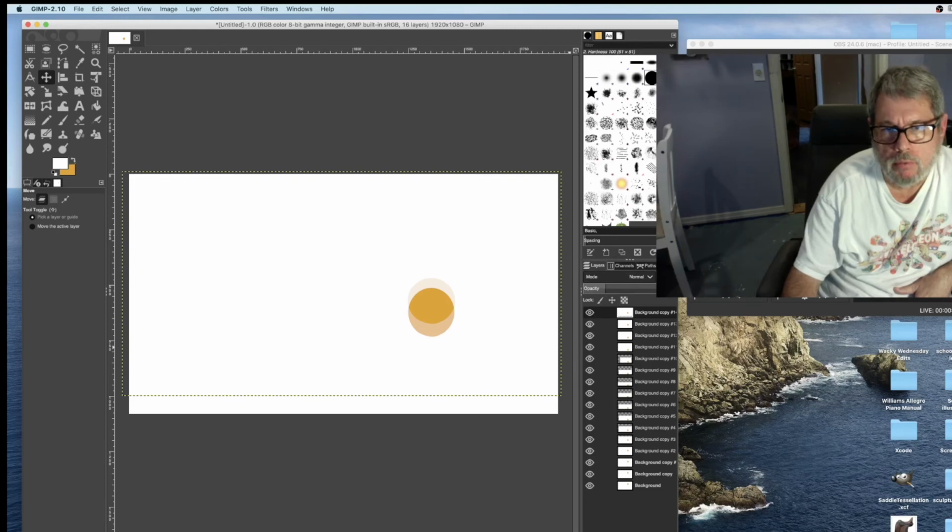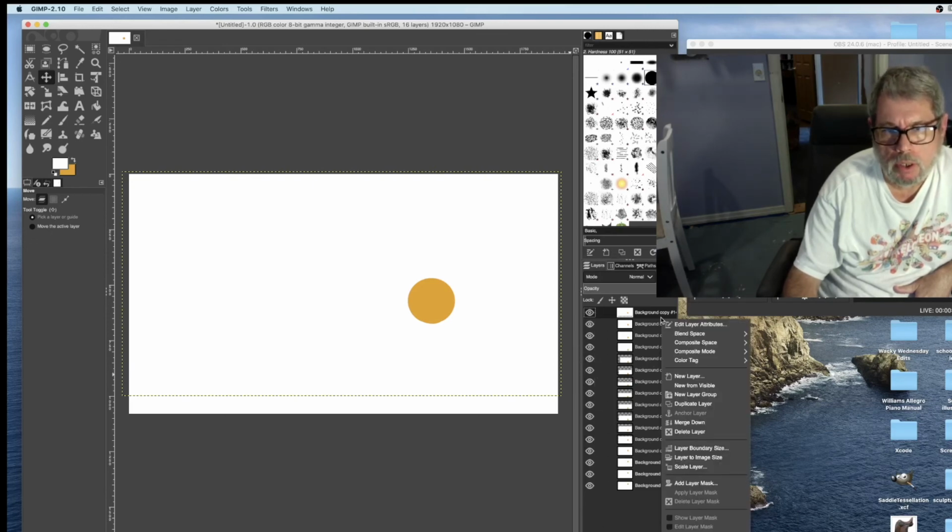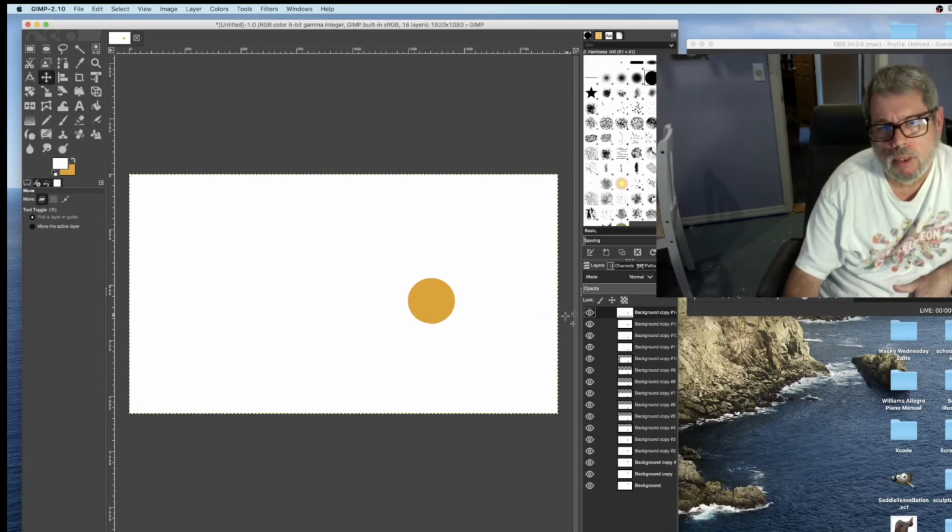But let's go back to full opacity. Yep, that one's good. So we're covering that last layer pretty well, so we don't have to worry about that. And we're just going to crop the layer back, layer to image size. That's mostly because that yellow line bothers everybody that's working. One or two more will get us back to a high enough position where we'll be able to see it, start over again. So let's duplicate it,